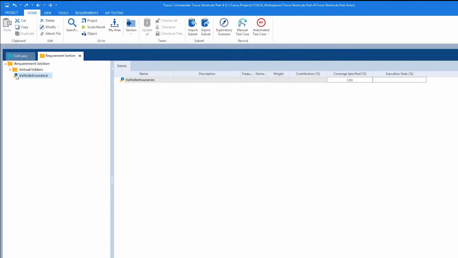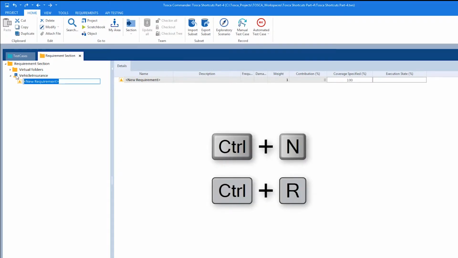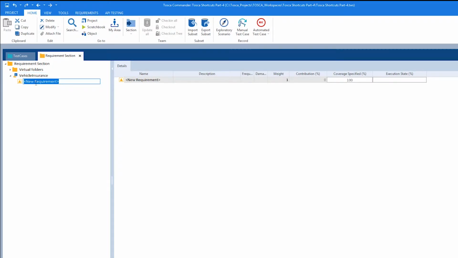So how will I add? Select this vehicle insurance requirement set, and the shortcut for creating a requirement is again Ctrl N Ctrl R. As you can see, this new requirement has been added. Now this new requirement I'll rename as motorcycle. Likewise, if you want to add one more new requirement, select this motorcycle, and the shortcut for adding